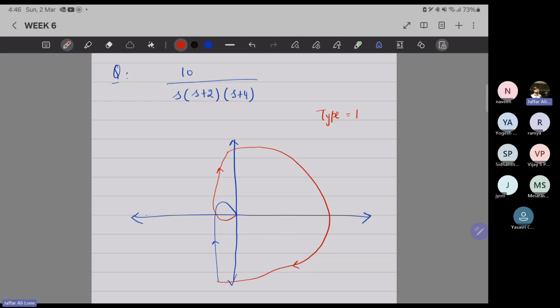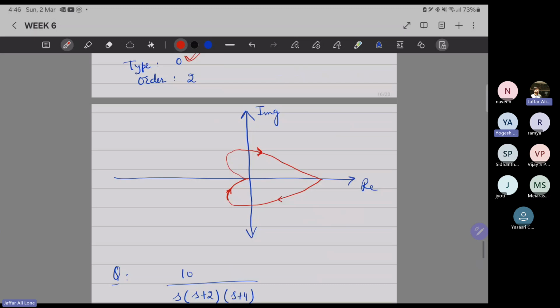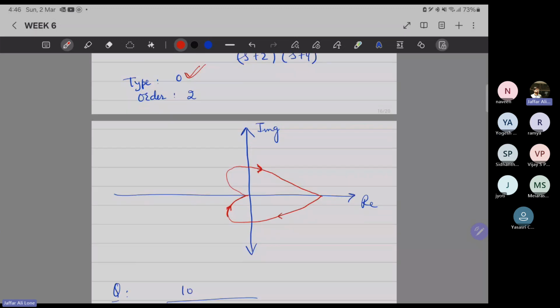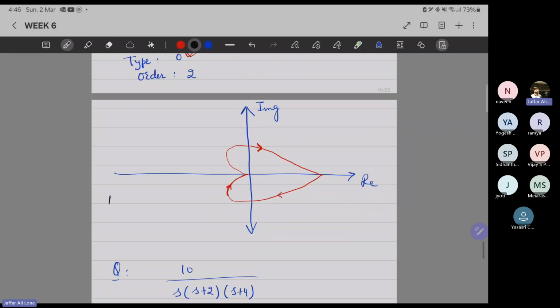So is it clear to others? Sir, what about the encirclement? So that is about the stability. Let's check that as well. If we have to check whether my system is stable or not from the Nyquist plot, we find the number of encirclements N, which is equal to P minus Z, where P is the number of open loop poles in the right half plane, and Z is